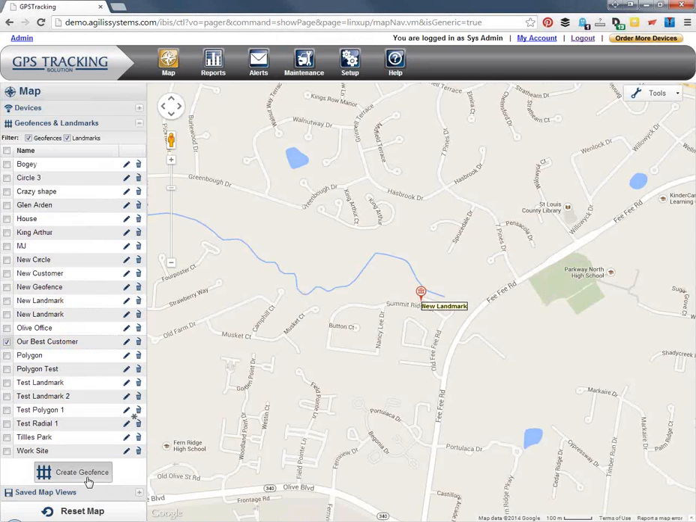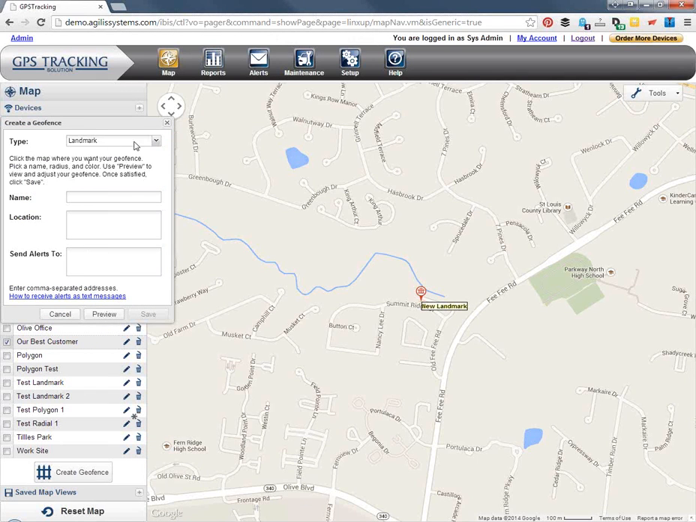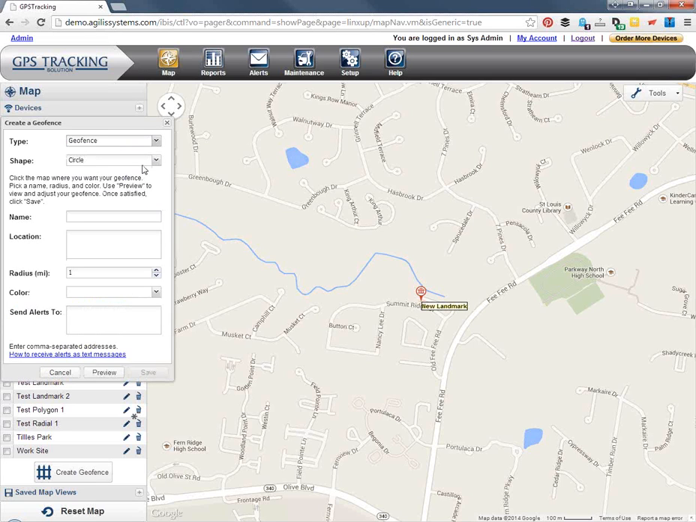To create a geofence, select Geofence from the top Type drop-down. Next, select the shape. Selecting Circle allows you to create a circular geofence, and Polygon allows you to create a polygon geofence. For a circle geofence, give your fence a name,